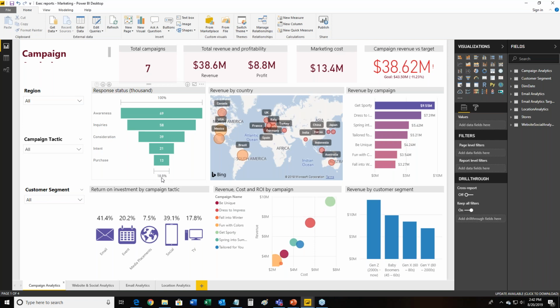I can see that right now we're closing 18.8% of the leads that come in. Right. I'm a sales guy, so this is pipeline. We know all about this. So I know you're saying marketing, but this also is a great sales tool. Right, and then you can see return on investment.